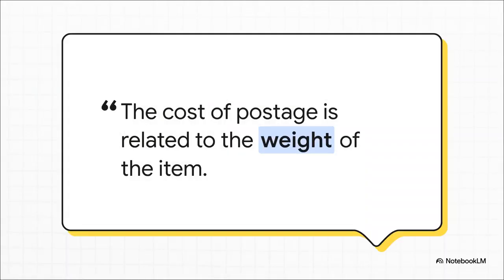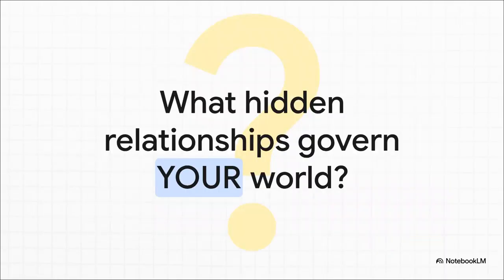And this isn't some high-level theoretical thing. It is literally everywhere. As the source material puts it, the cost of postage is related to the weight of the item. Yep, that's a function. The value of an investment will depend upon the time elapsed. That's a function too. See? You've been using this logic your entire life, probably without ever putting a name to it. So the next time you see a price change, or you track your progress on a project, or even just watch a ball fly through the air, I want you to ask yourself, what's the rule here? What's the input and what's the output? Because now you have the tool to see it. So, what hidden relationships govern